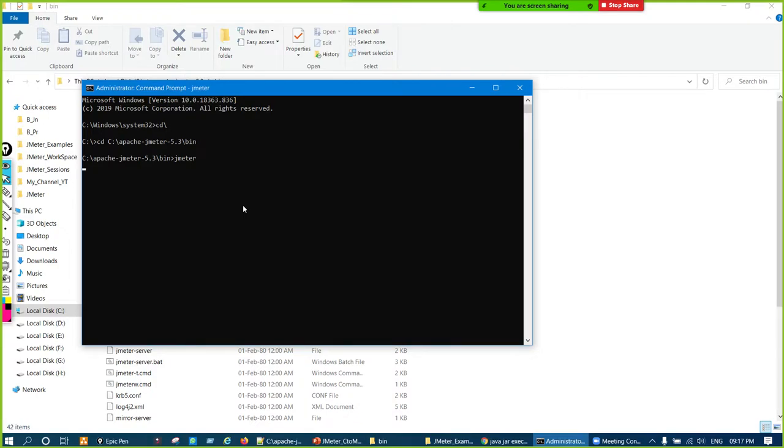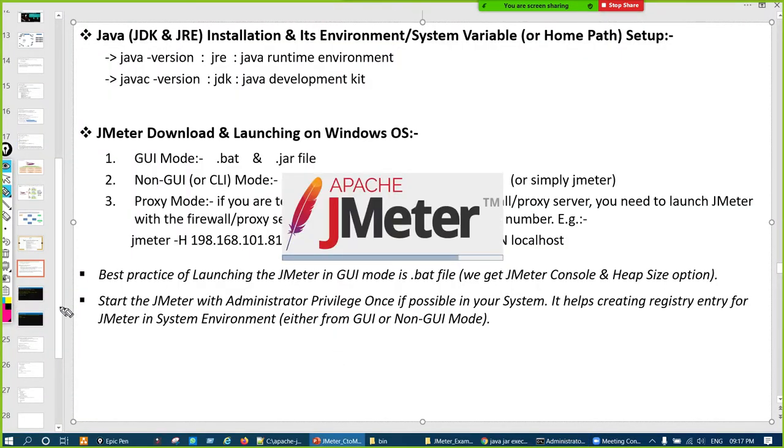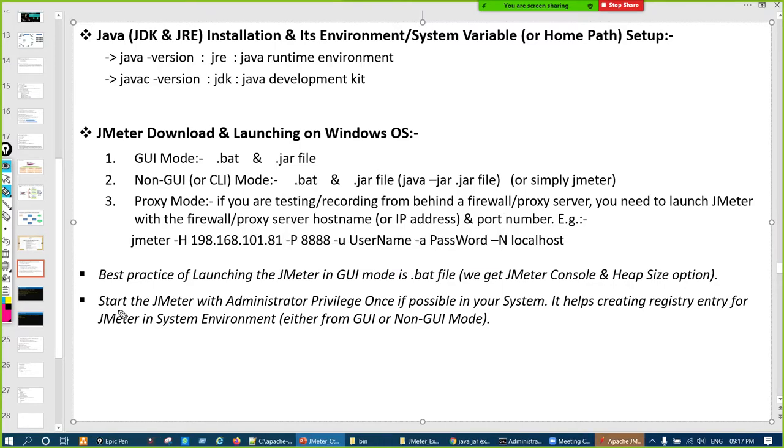So this point is only a tip, you can do it or you cannot do it. If you do, it will be better, right? So it's not that much mandatory. And since in your office environment, no one has administrator privilege, so how would you launch that, right? So as I said, if you are doing it, it's good.